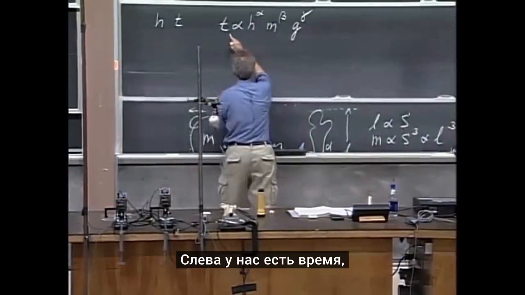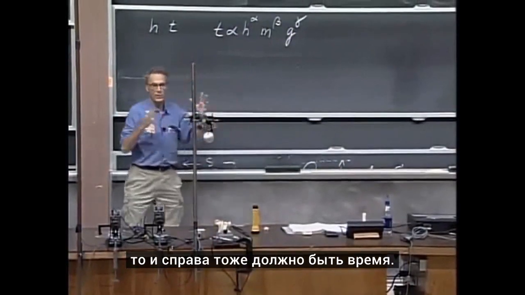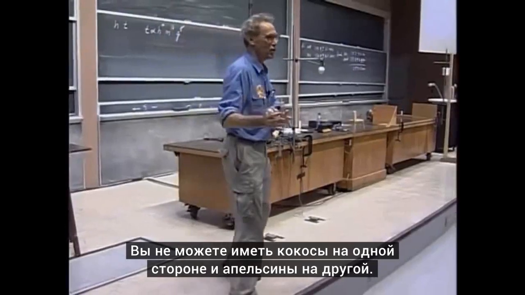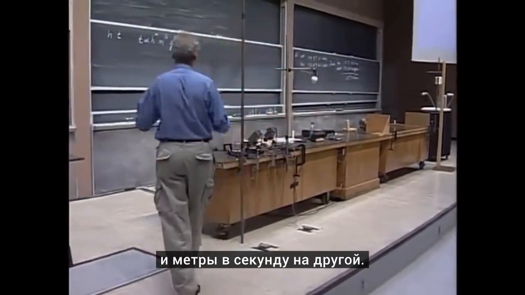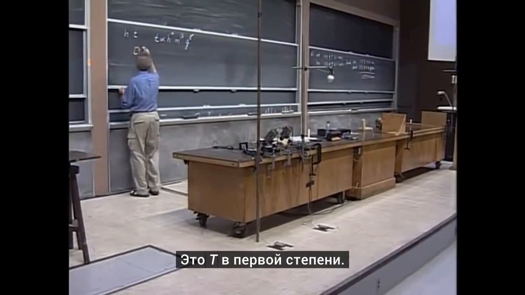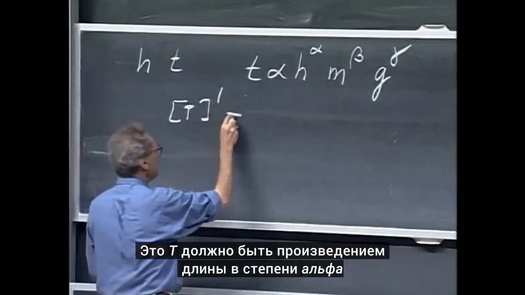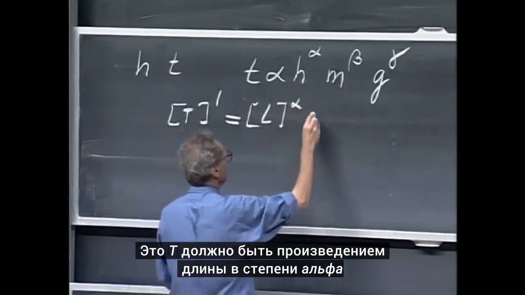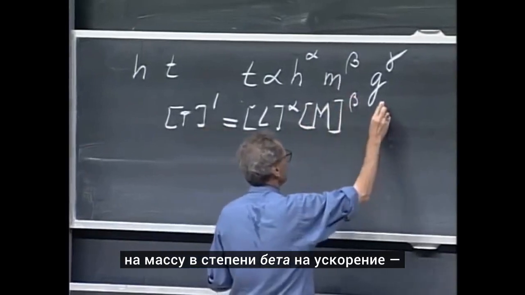On the left, we have a time. And if we have on the left side a time, on the right side, we must also have time. You cannot have coconuts on one side and oranges on the other. You cannot have seconds on one side and meters per second on the other. So the dimensions left and right have to be the same. What is the dimension here? That is T to the power 1. It's that T. That must be the same as length to the power alpha times mass to the power beta times